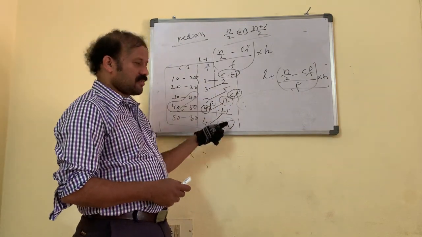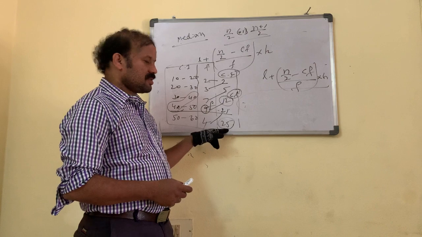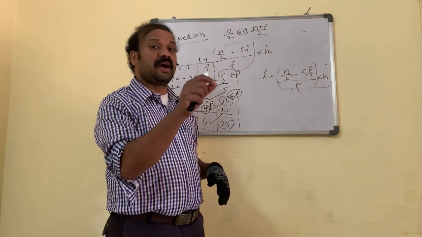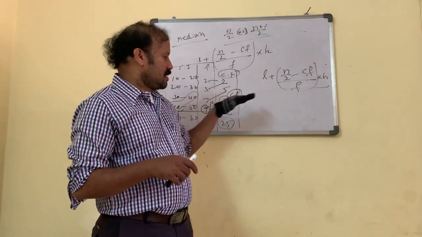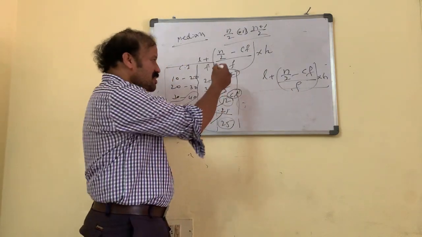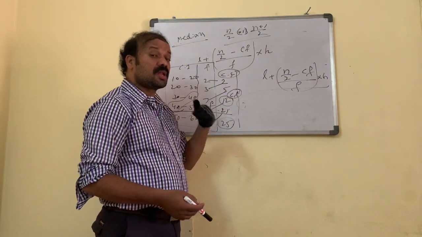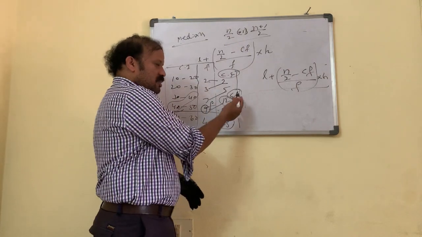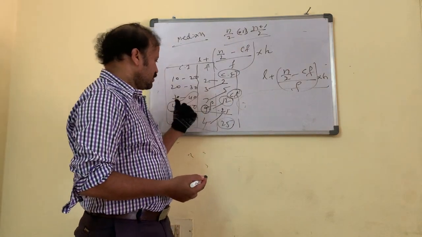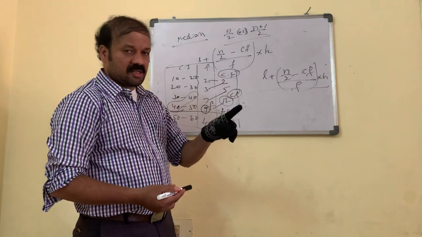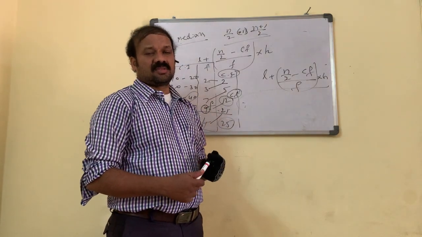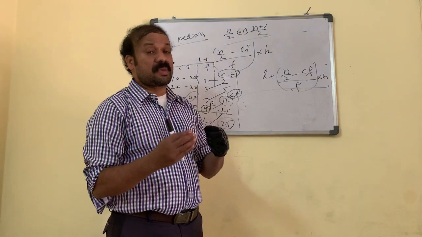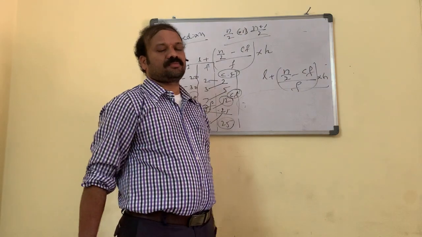Find the cumulative frequency in one more box. The last number is 25. Find n by 2. Where is that value in the cumulative frequency? Not available, so the number more than that is underlined. Above that is CF, this is F, this is the L value. Take the values, substitute in the formula, then do the calculation and you will get the answer. So this is statistics: mean, median, mode.